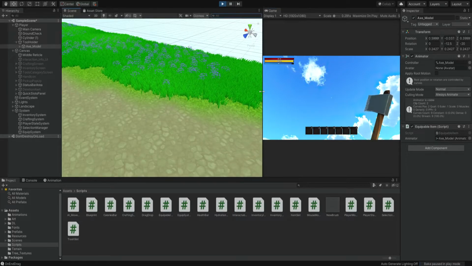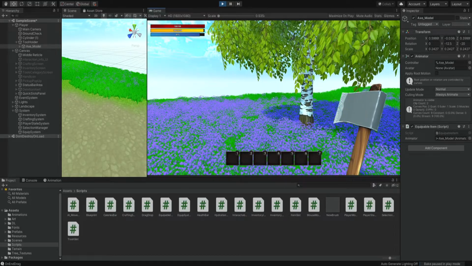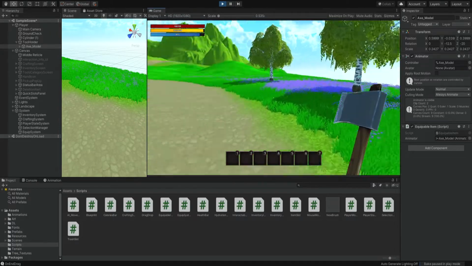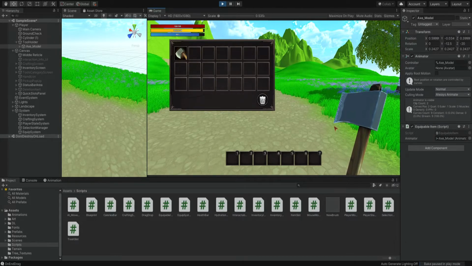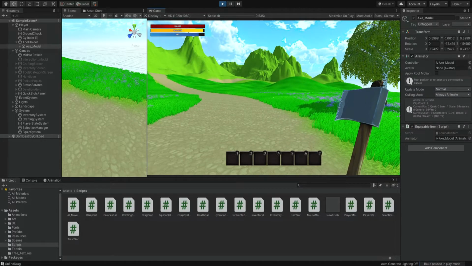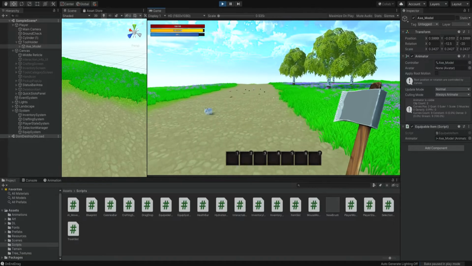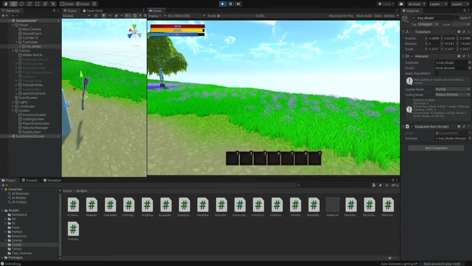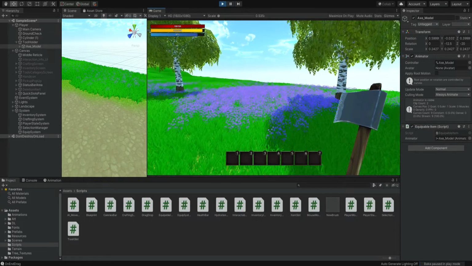Okay? And right now, maybe you don't feel this swing effect, but in a few episodes, we're going to add sounds into our game. We're going to add music. We're going to add sound effects. So there are going to be sound effects for literally everything inside our game. When we drag items, when we open menus, when we hit, when we swing, when we walk, when we jump. So everything is going to have a sound effect. So then when we swing this axe, it's going to make a nice sound and it will feel much better. Okay, it will add a lot to our game when we add these sounds.